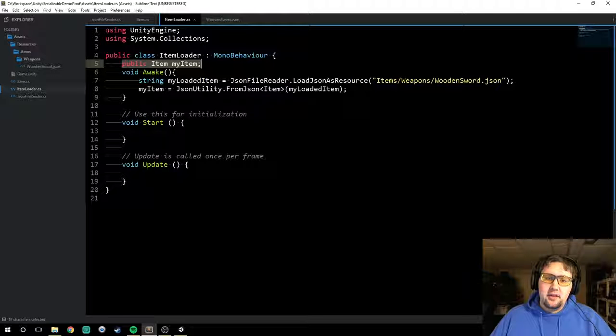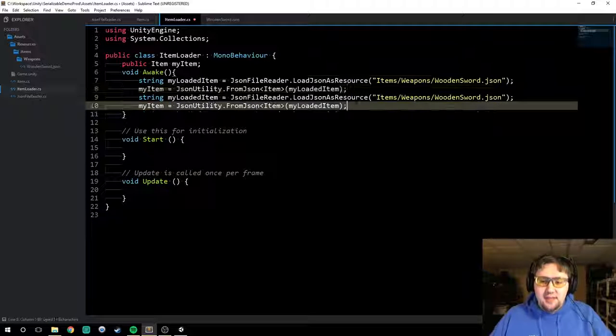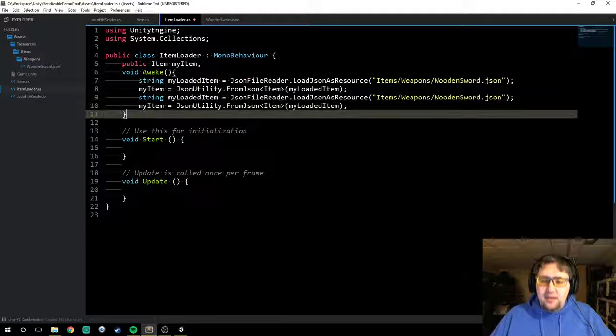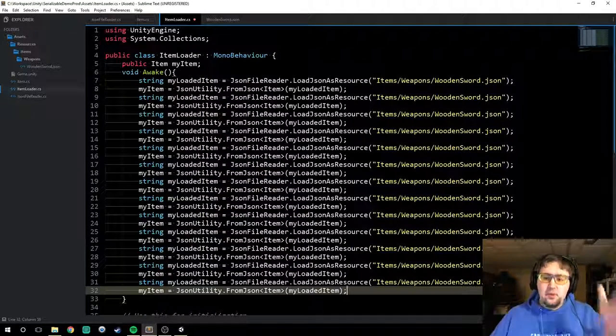Now we're going to talk a little bit about loading multiple items into the game. So let's say we wanted to add another item to the game. Well, then we have to create another JSON file, and then we could copy and paste this again and change the name, and then if we wanted to add a third item, we'd end up with this, a huge wall